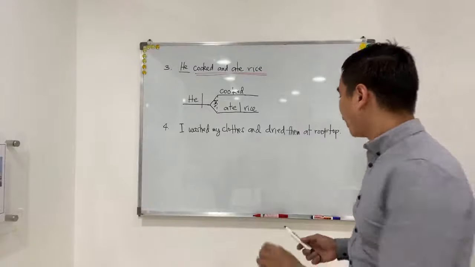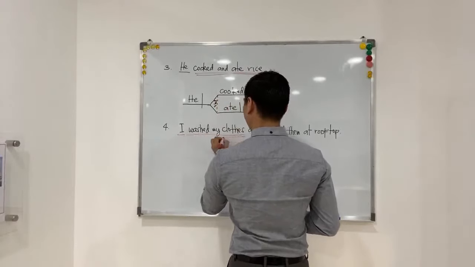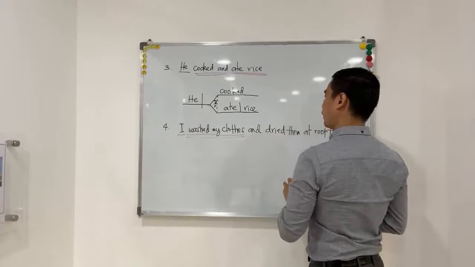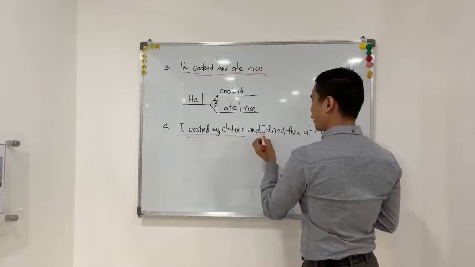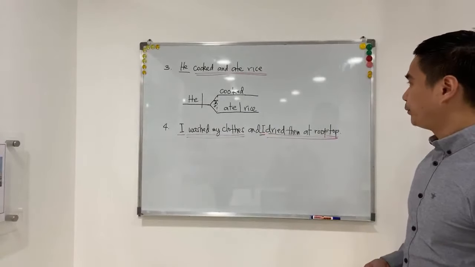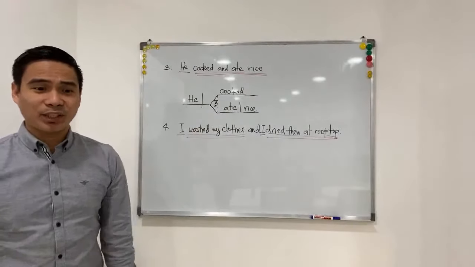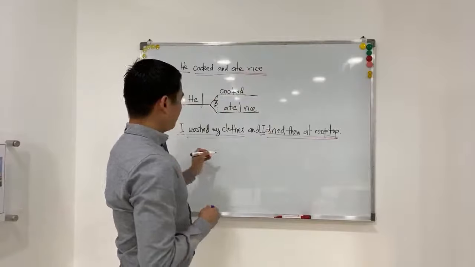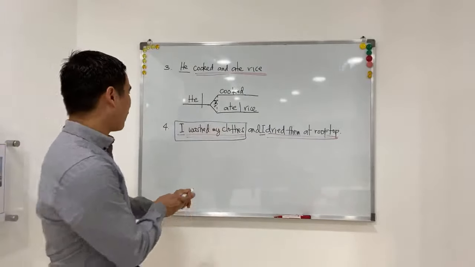So here, this is a compound sentence, okay? One, I'm running out of ink now. Dried, and I dried them. See? So if we don't do the diagramming, see, I washed my clothes and dried them at the rooftop. So one is, of course, an implied subject. Just simply diagram the first clause, the first independent clause. So I